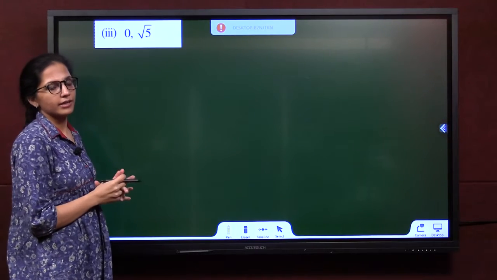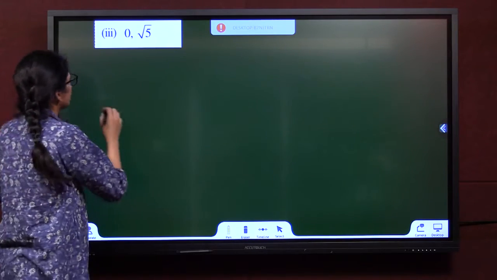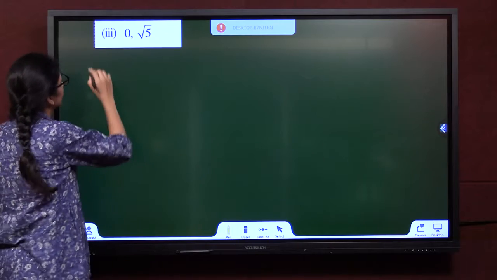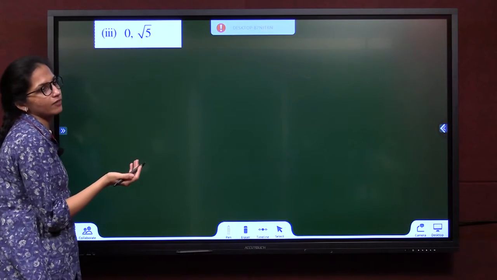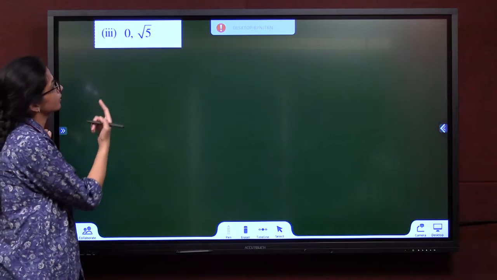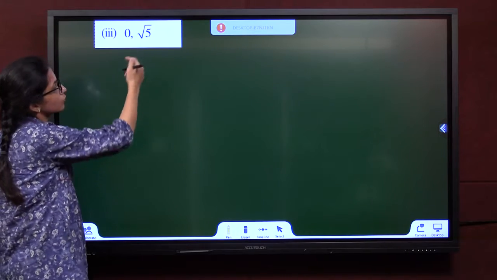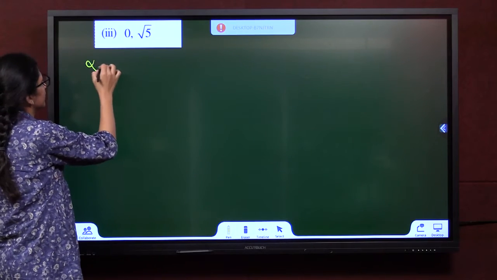Starting part you only write down. I will directly go with the problem. The given part you will write, okay? And let p of x be equal to ax square plus bx plus c, and let alpha and beta be the zeros. Alpha plus beta is equal to 0 given. Alpha into beta equals root 5 given. So now I will start directly.